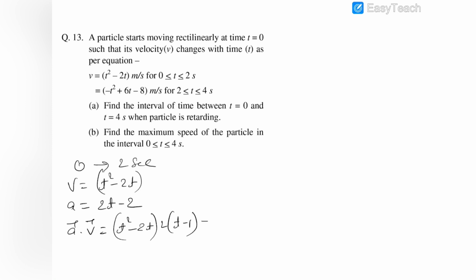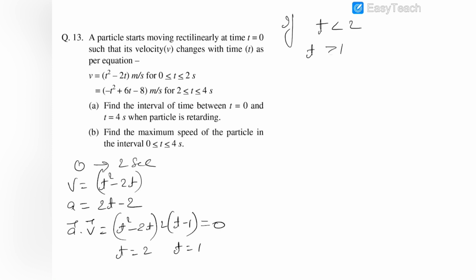You can see that when a dot v is 0, then time is either 2 seconds or 1 second. So I can say that if t is less than 2 and t is greater than 1,